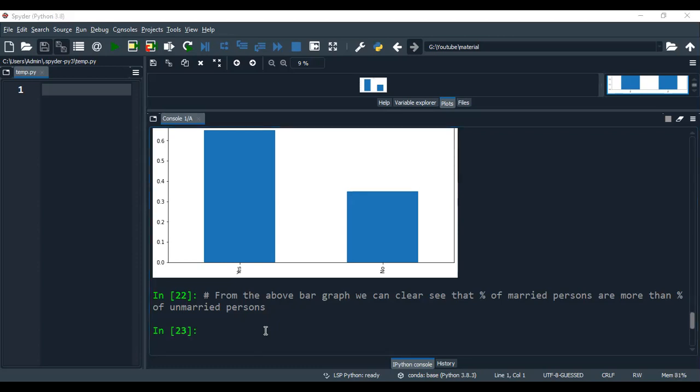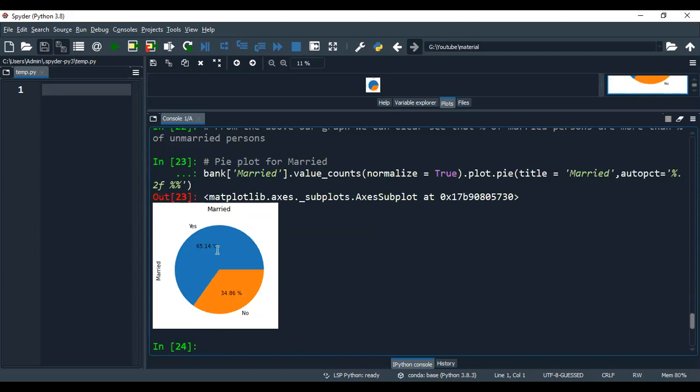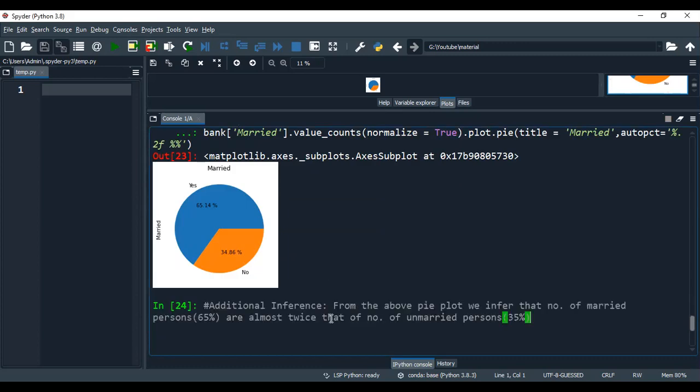Then the pie plot for married. This is how you can draw the pie plot. The additional inference that we get from the above pie plot is that the number of married persons, that is 65%, is almost twice that of unmarried persons, 35%, almost twice.